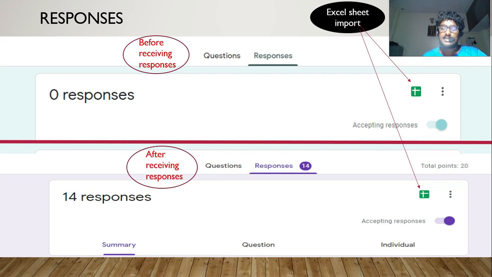So that's that. And yeah, you can also extract the entire data into an Excel sheet. Your questions will be visible to you as columns, and every individual student's data will appear as rows. For each question, all the answers will be column based. So all the names will be in one column, and for each name, all their answers that you have written will be row wise. So you can easily